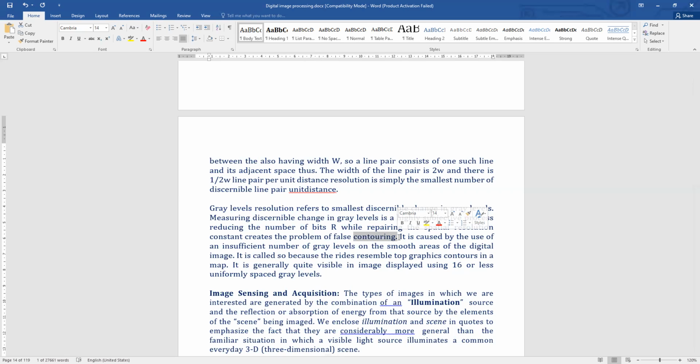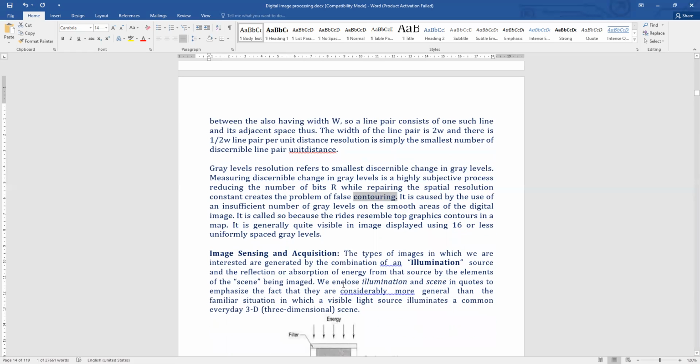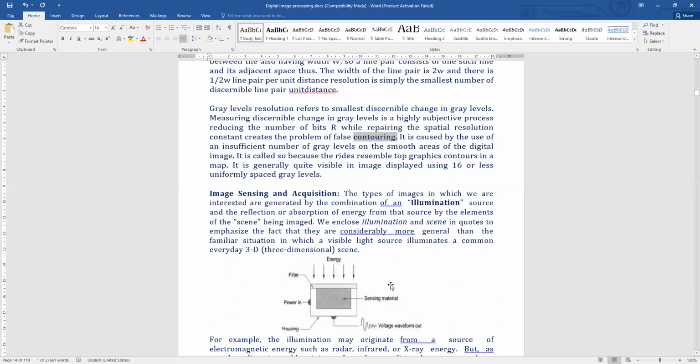Fine. So here we are using image sensing, the acquisition method. The type of images in which we are interested are generated by the combination of an illumination source and the reflection or absorption of energy by the scene. That is what we use here. Okay, guys. So